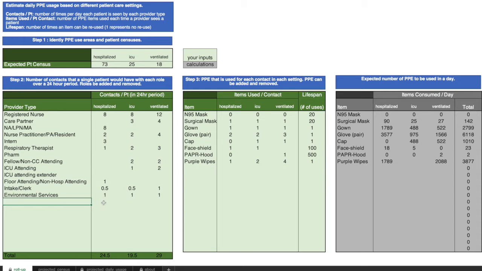For each role, enter in the total number of contacts that a provider has with a patient in a 24-hour period. For example, if you estimate that your registered nurses see their individual patients 4 times per shift and their shift length is 12 hours, you would enter in the number 8 to account for the total number of patient